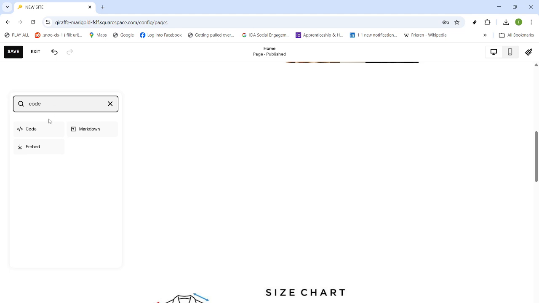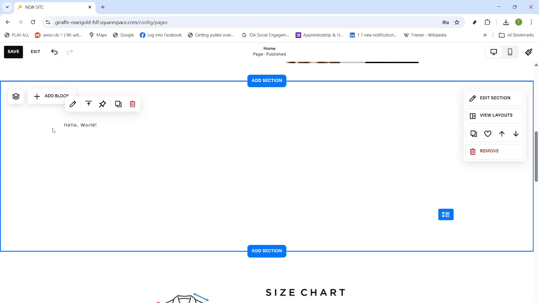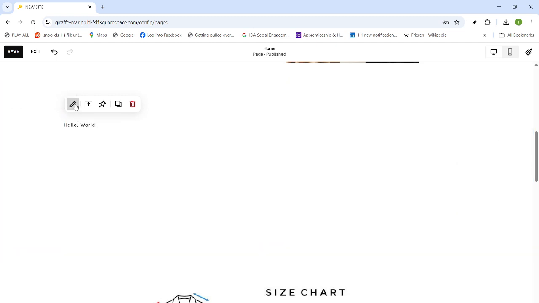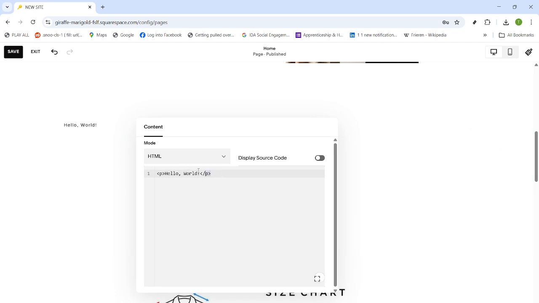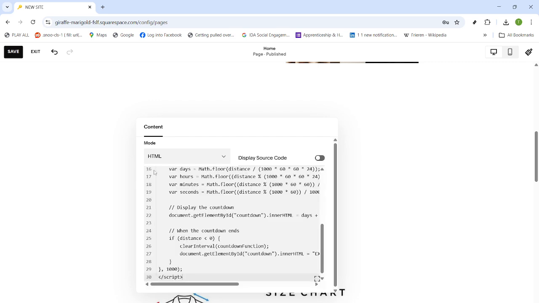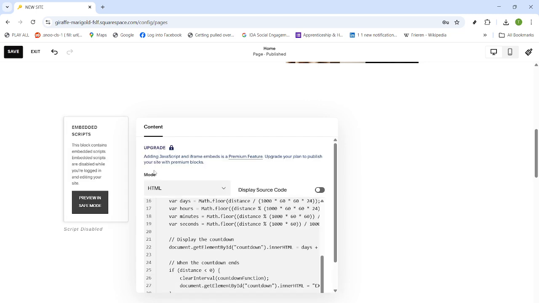Use the block search to find the code block. If the panel is busy, just start typing code in the search field to filter quickly, then select code. You'll see the default placeholder that often looks like a simple Hello World line of HTML. Click inside that field so it's active, highlight the placeholder, and replace it with your countdown timer code from your